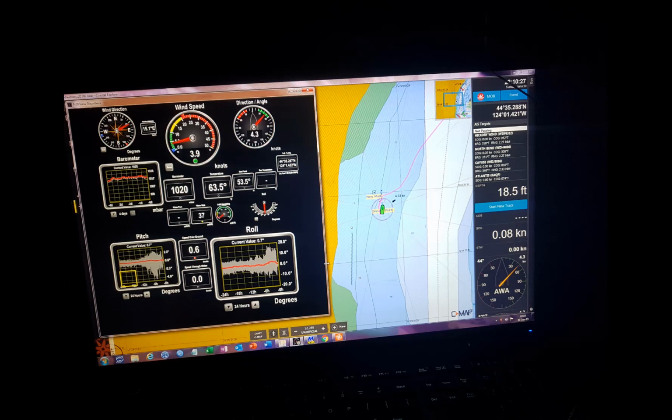Now, in the top row, the wind information, the wind speed is in the middle, and this is all true. And the left is the wind direction. On the right is the apparent angle of the wind. As we look at the bottom row, we see pitch, speed over ground, speed through the water, and the roll of the boat. Now, the pitch and the roll are what I look at a lot